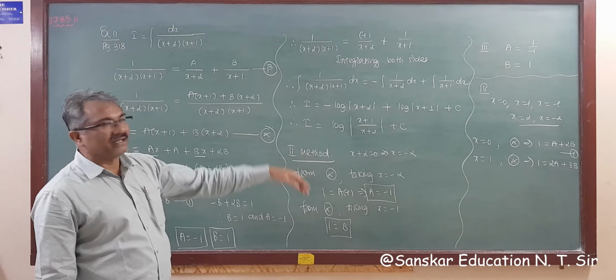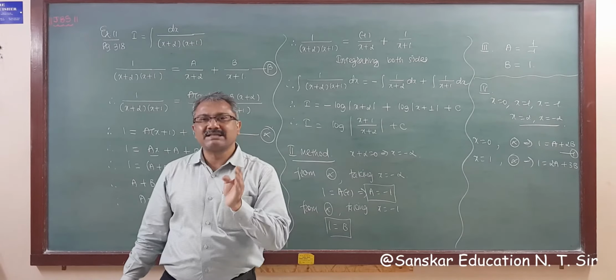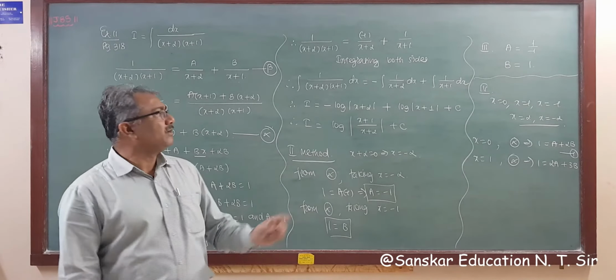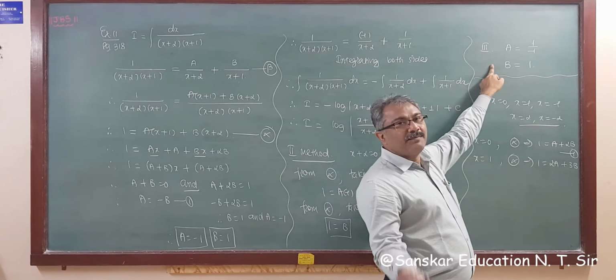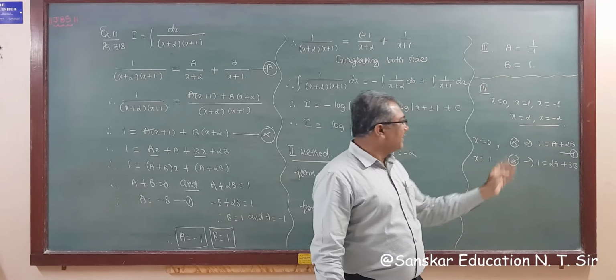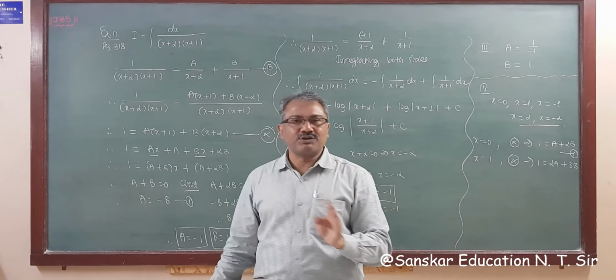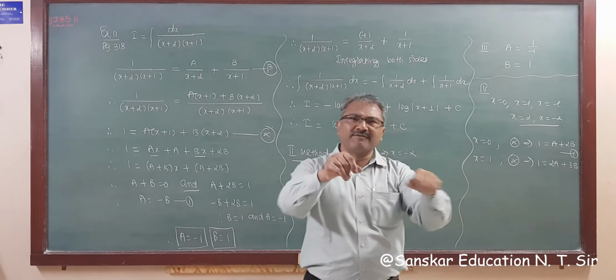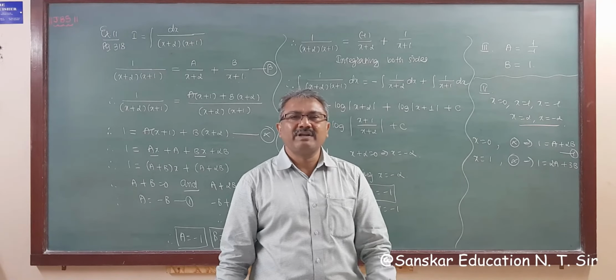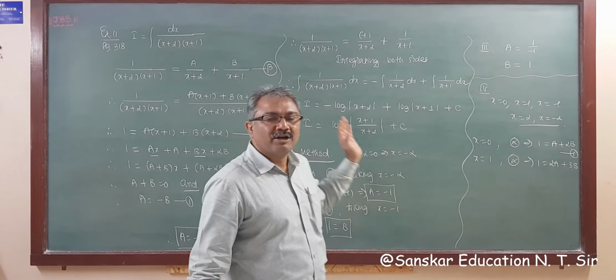So these are four methods to find the values of constants. When a linear root is given, go for this. When a repeated root is given, go for this first. For a linear root, either take a random value; for repeated and quadratic roots you have to apply this. Take a random value, get your factor, and you will get the answer. Okay? So this is the method.